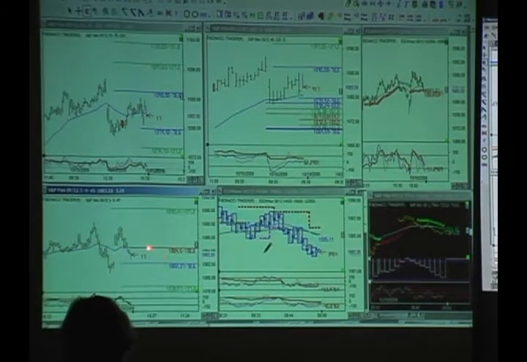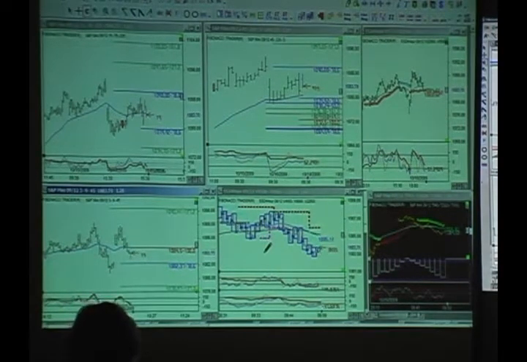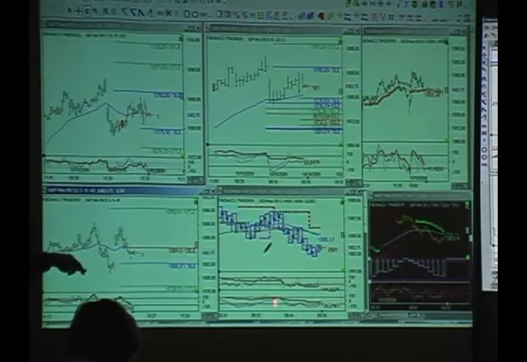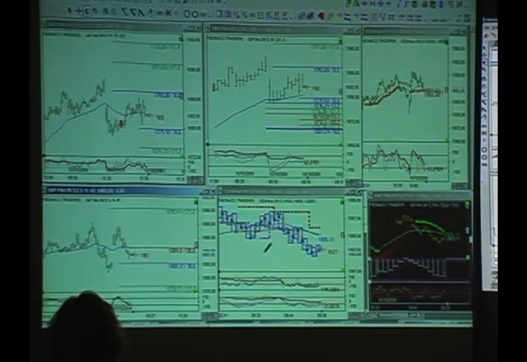We need to keep the stop as tight as possible here. All right? Odds are, in my day-to-day trading, to be honest with you, I probably would not have taken the short. I'm talking about the short now because we do have the triggers for it, and I wanted to talk about the trade management. But the odds are that I would not take this short because we have no symmetry on